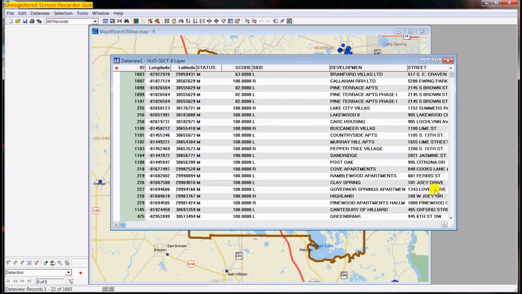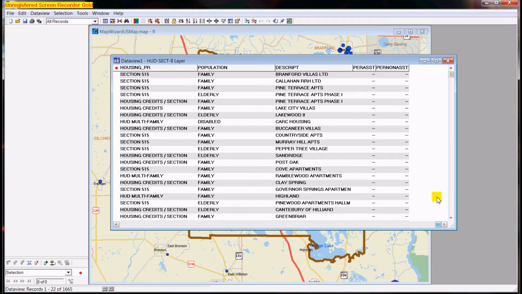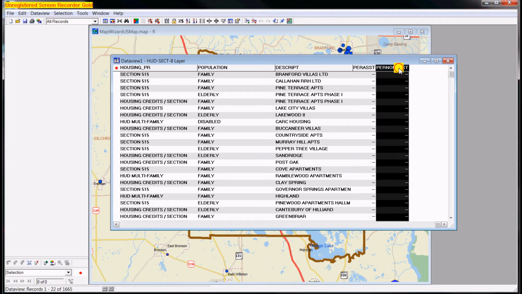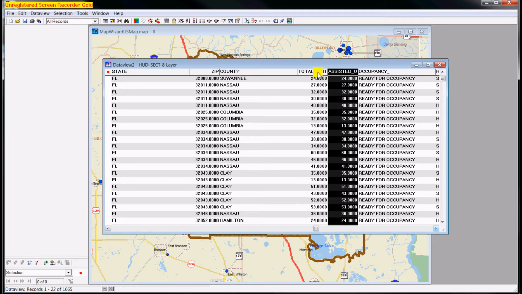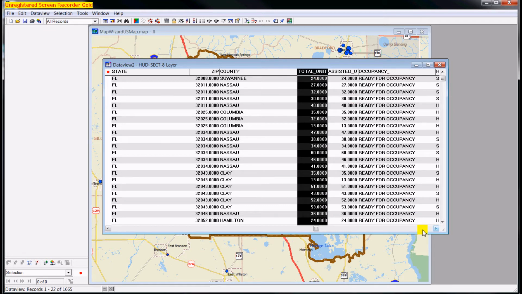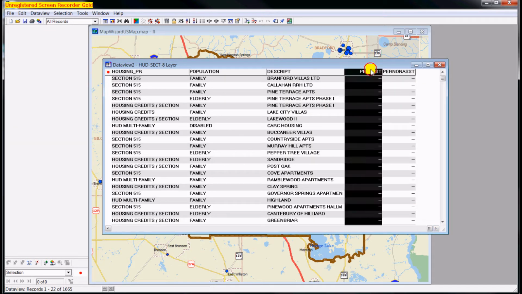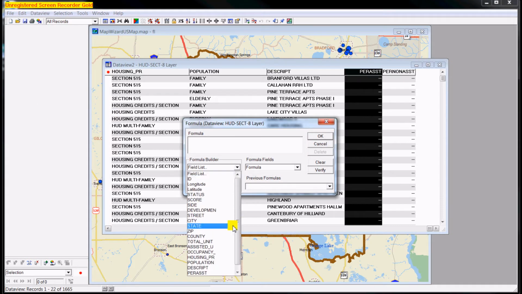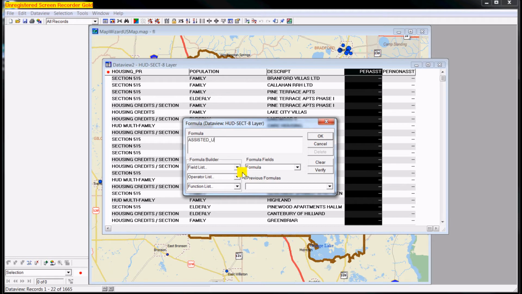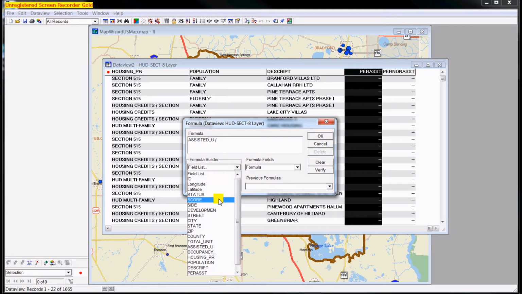And so percent assisted and percent not assisted. And I have a data field of assisted units and the total number of units. So with total units in the denominator and assisted units in the numerator, I can calculate the percent assisted, and there's various ways to do this. So there's my assisted, then I click on my operator list, or you could just type in / total number of units, and now I'm going to give a name to this calculation,